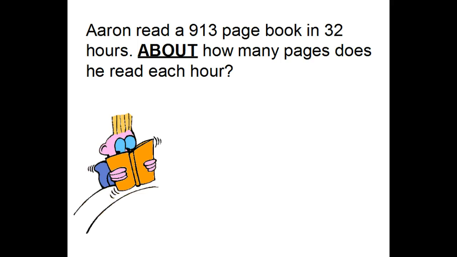Going on to the third one. Aaron read a 913-page book in 32 hours. About how many pages does he read each hour? Again, we have the word about sitting right there underlined in bold, in all caps to remind you to round. My large number is 913, so I'm underlining the highest place, the 9, circling the 1. Level 1 bully, stay where you're at. Act like a cat. So it's going to be 900 inside the box, the dividend,